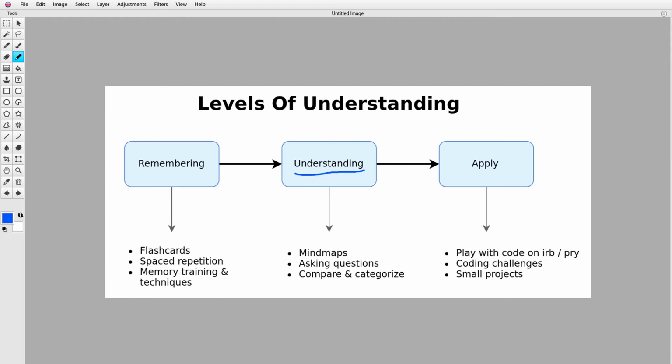And finally, on this section of understanding, is another very important tool or technique that you can use, and that's compare and categorize. And let me explain. I will make a whole video about this because I think it's very important. But the big idea here is that you take whatever concept you're learning about, for example, arrays, and then you first categorize it. And what that means is that you find in what categories is this. So for example, arrays is a part of a bigger group. That's the category. And the bigger group is data structure. It's called data structures. You can look that up as well. Find out what are data structures, what kind of data structures exist. And then once you know the category or the group in which this is put, then you can compare it